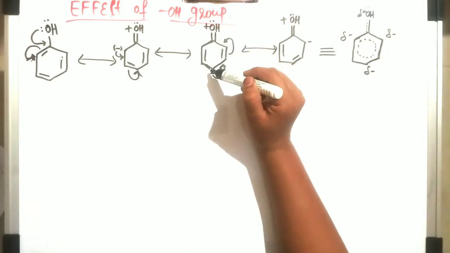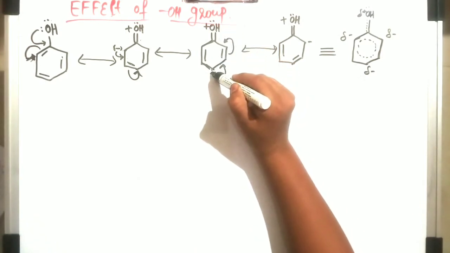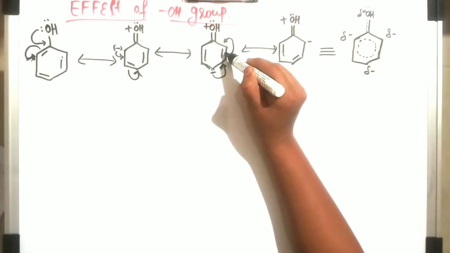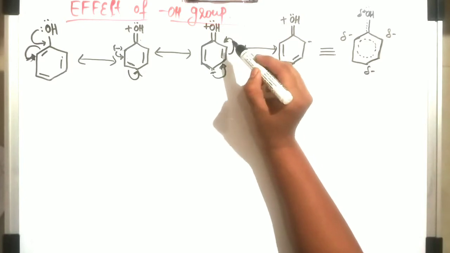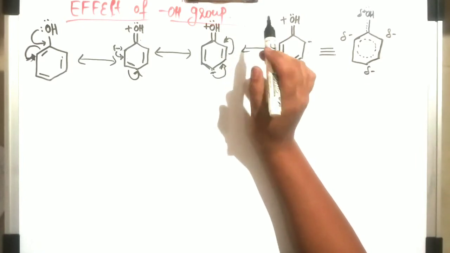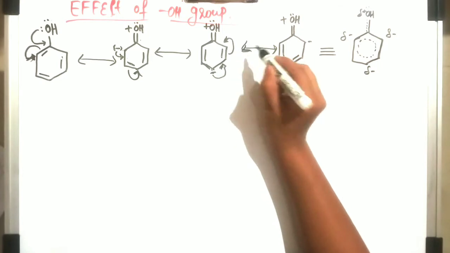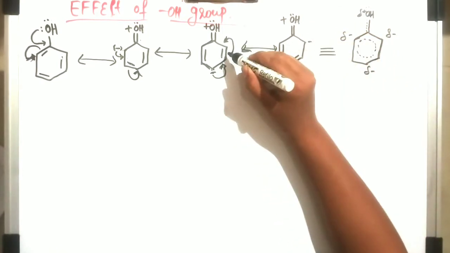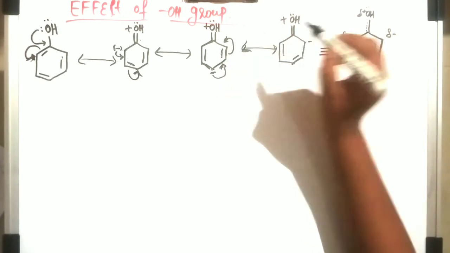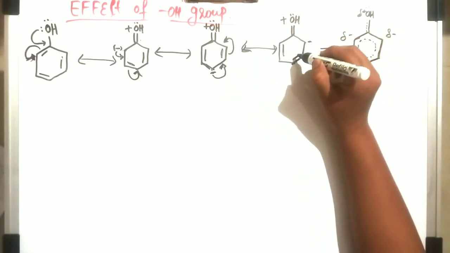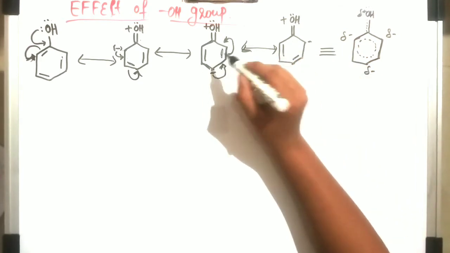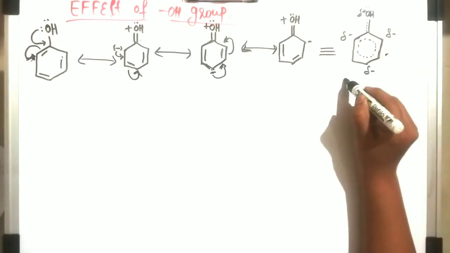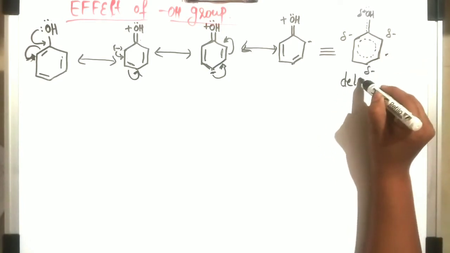So these two carbon atoms are unaffected. Again in the next structure, this position has a negative sign over here, this shifts to here, and this bond shifts to the next. I hope you are able to understand this simple resonance structure. So what happens in the next structure? We'll get the same structure again, with this bond here it will get a negative charge, and these two carbon atoms are unaffected. And this is the overall structure, that we call a delocalized structure.